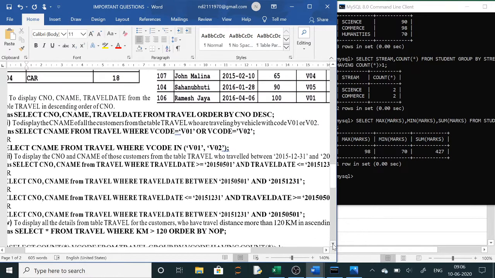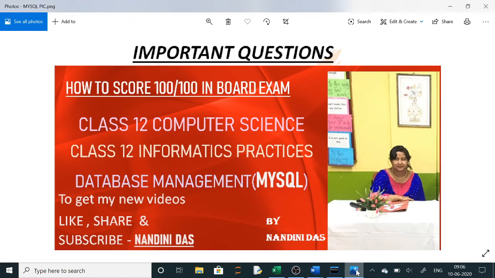In the sample paper they haven't given it, so join we will discuss in our next video. Till here, just go through the portion. If you have any doubt, write in the comment section. A 15-mark question will be asked from MySQL queries and output. I have already shown you: as the screen was showing the output, you have to make the boxes and write the outputs the way it was showing them.